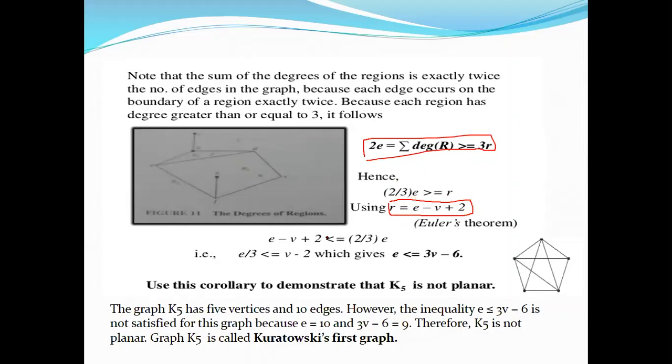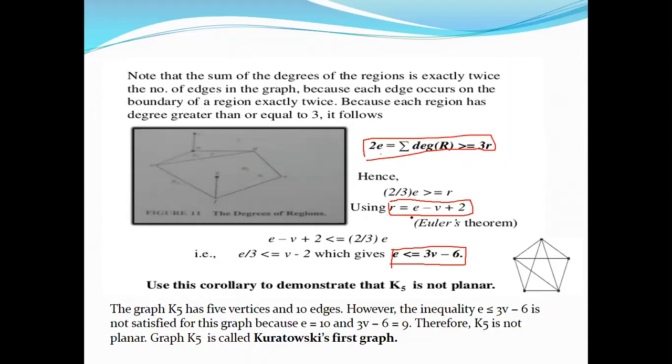Actually, this formula is only between E and V. In every graph, our discussion is mainly around the number of edges and number of vertices. We hardly use the number of regions. So in this corollary, we are removing R by connecting the number of edges with the number of regions. This relationship between E and R is not in the form of equality, it is in the form of inequality, so the final result is also in terms of inequality. So 3R is less than or equal to 2E, which means R is less than or equal to 2E by 3.